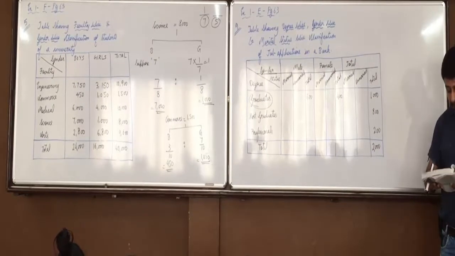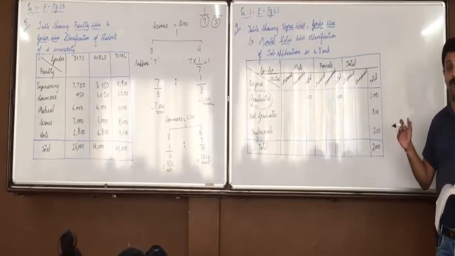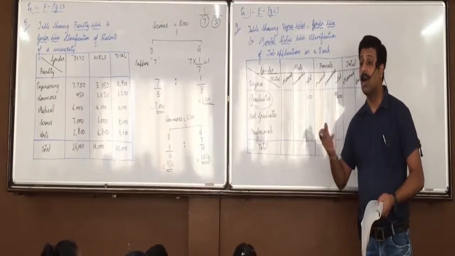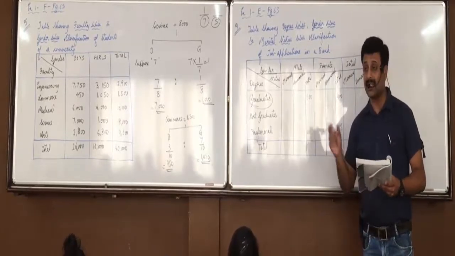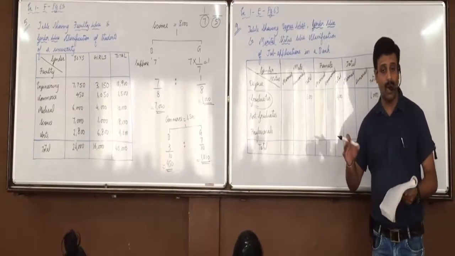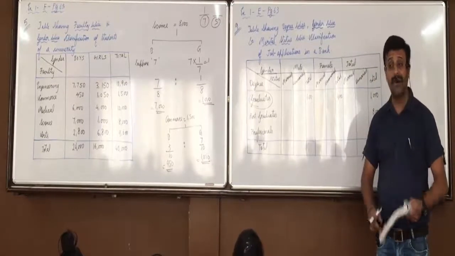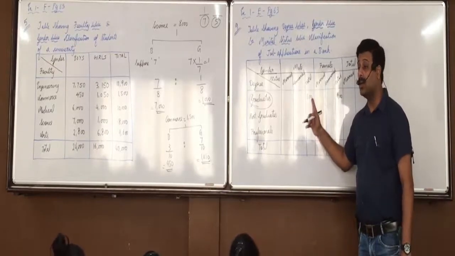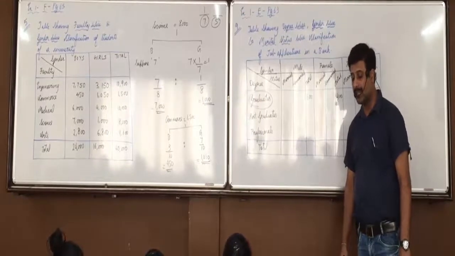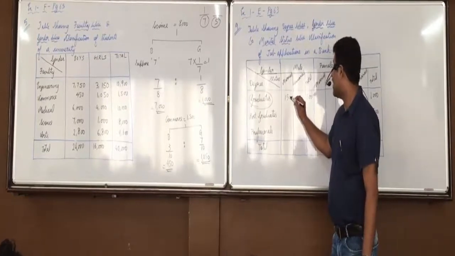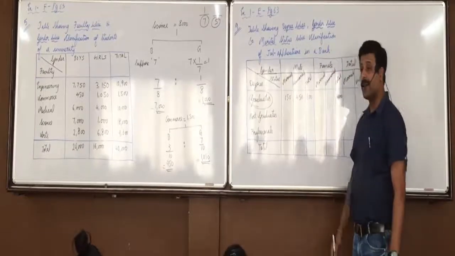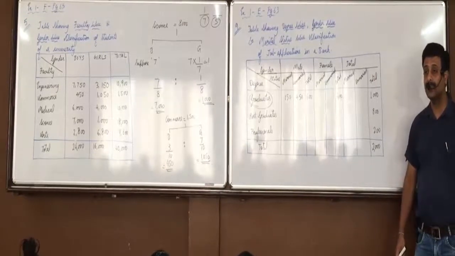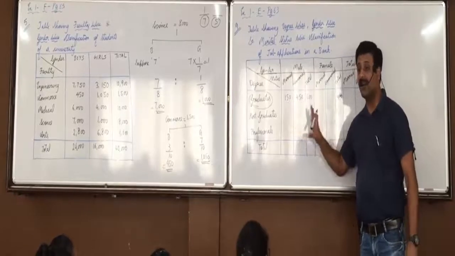Further, once again. Among the graduates, 60% were males, and of them means of what? Of males. 25% were married. Males we got 600. Out of this, 25% are married. Do 600 into 25%. 150. Married press minus equals to 450 unmarried. Raise your hand who did not understand this. Okay, 600 minus 150, 450 are unmarried.